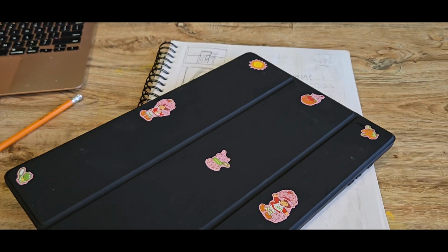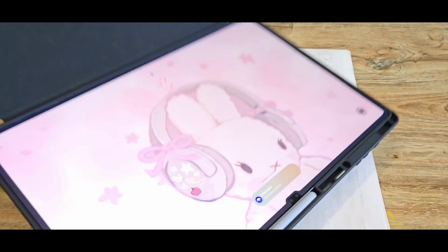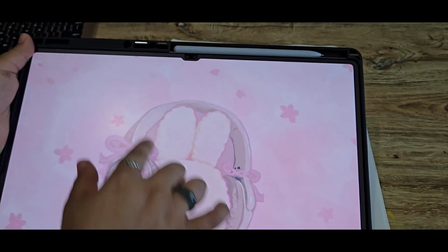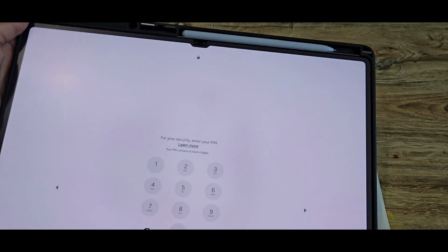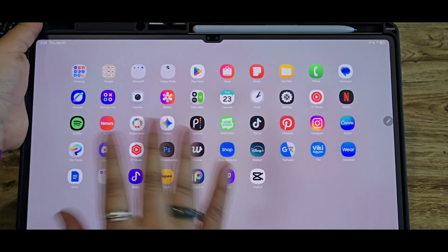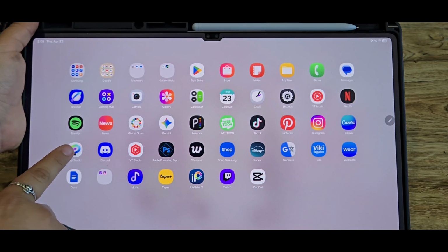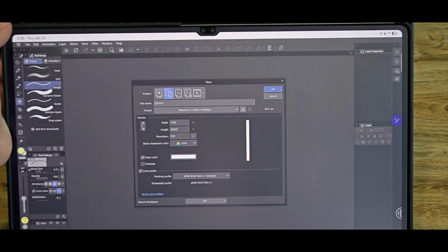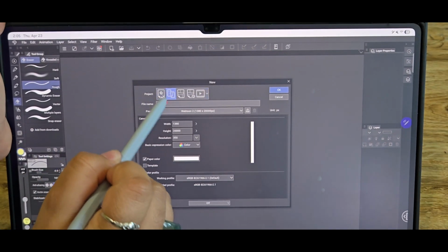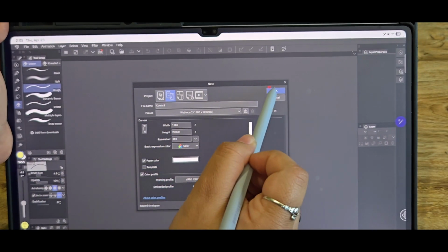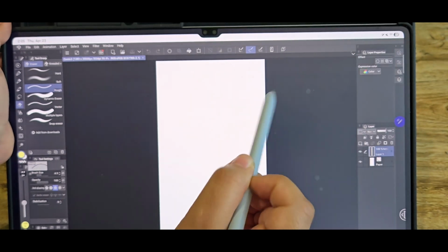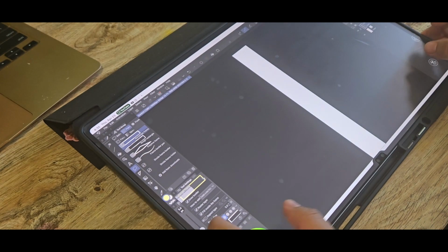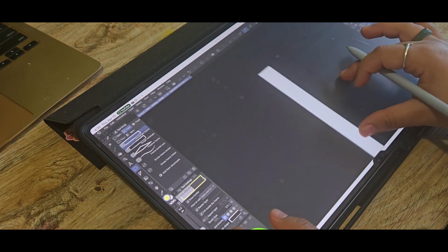I have the Samsung tab. I forgot what model this is specifically, but this is what I use for my comics. I use Clip Studio Paint. So we click on draw and then comic, and then okay, and here it is. Okay, so now that we have our little canvas here,